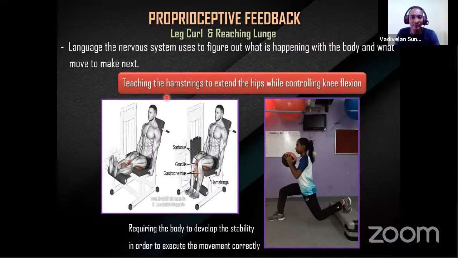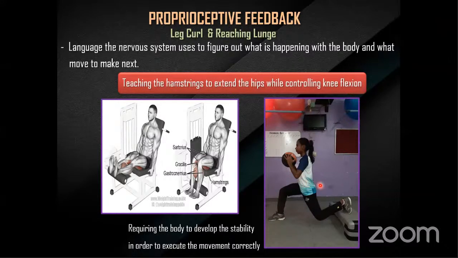You may wonder how functional training applies to an athletic action, so I give this example. Keep remembering this: the lunges teach the hamstring to extend the hip while controlling the knee flexion. You might think this is the same action as hamstring training. So how much proprioception does your body need while controlling your body in the front leg, while training your back hamstring, and while controlling both components?